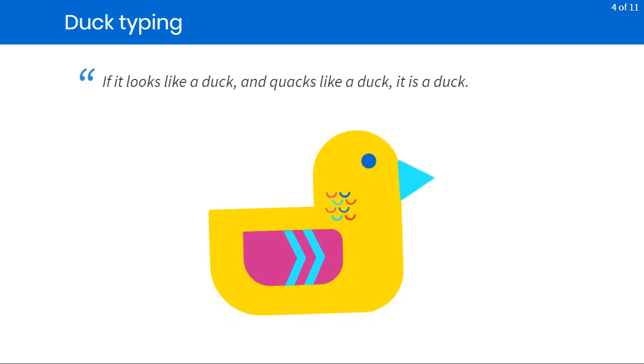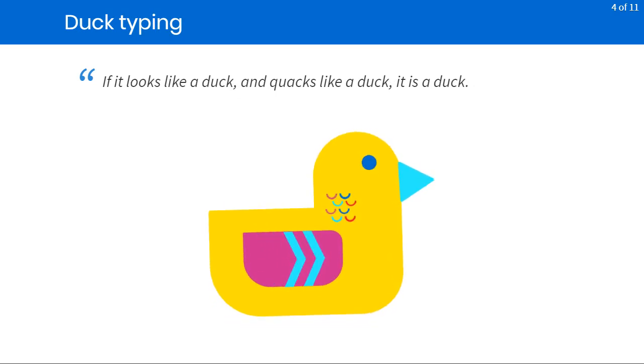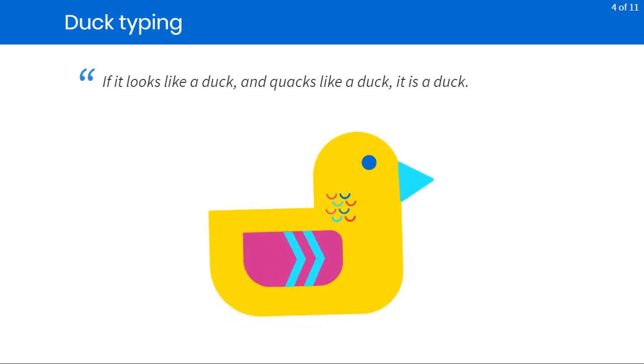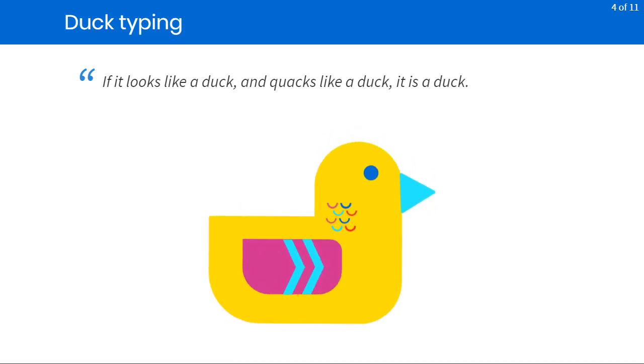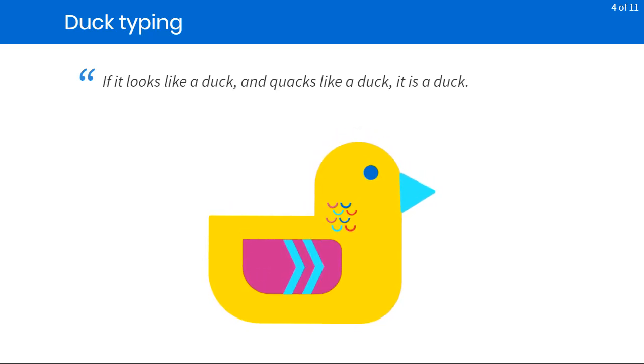So how does TypeScript's type system work? Well, there's really two major players in the typing world. There's what's called duck typing, or more formally called structural typing, and there's nominal typing. TypeScript uses structural typing, which basically means if the structure of an object aligns with what the type system is looking for, then it will be considered an instance of that type.